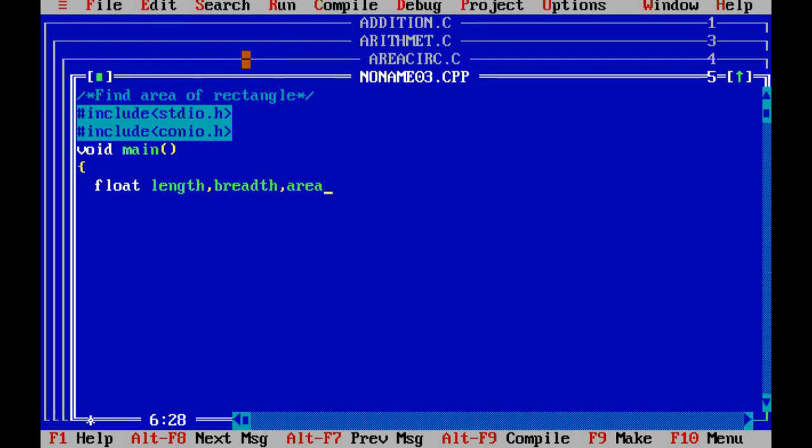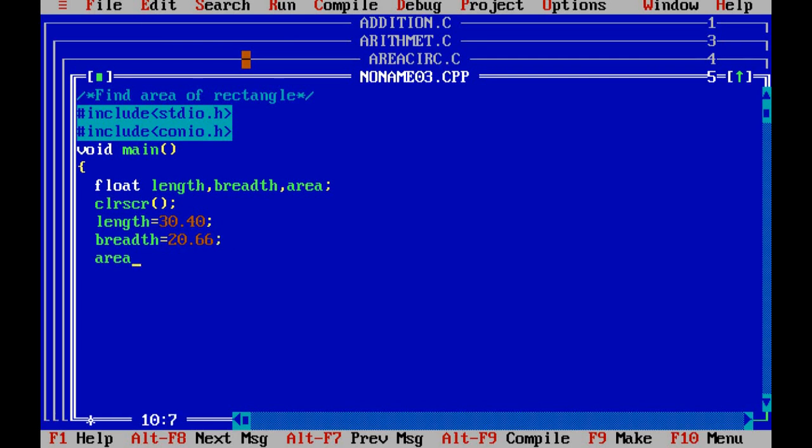Then the final result is stored in area. Then give the clrscr function and initialize the values for length and breadth. You can give any number for length, and the same for breadth.